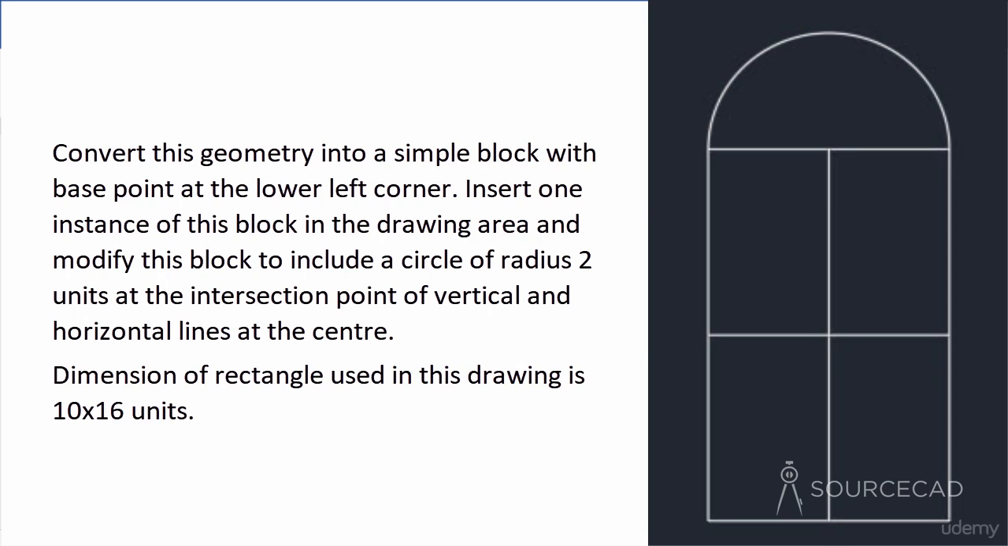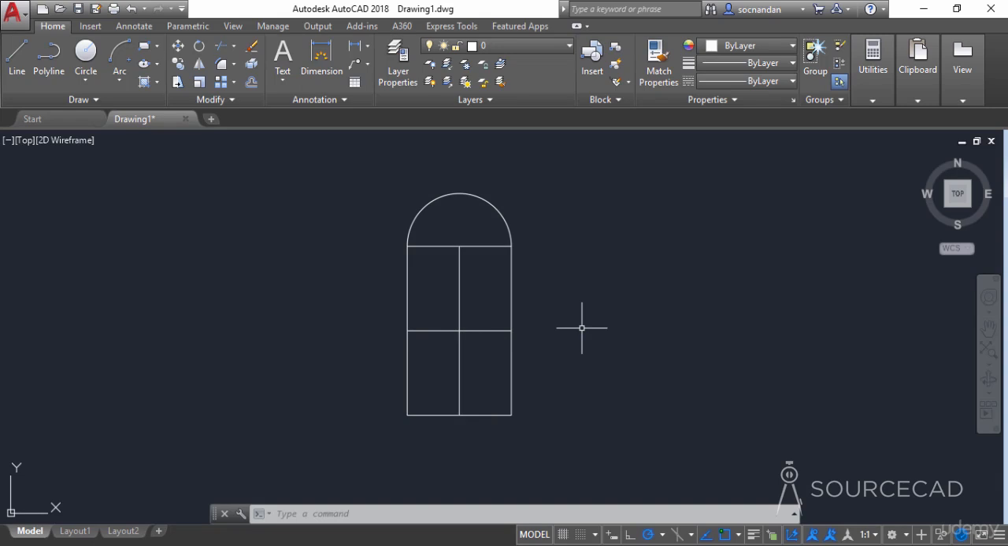modify this and include a circle of radius 2 unit at the intersection point of vertical and horizontal line, which is at the center of this geometry. Now the length of this rectangle is 10 unit and the height is 16 unit. So here we have this geometry, and you can make this geometry using simple line, polyline, rectangle and different kind